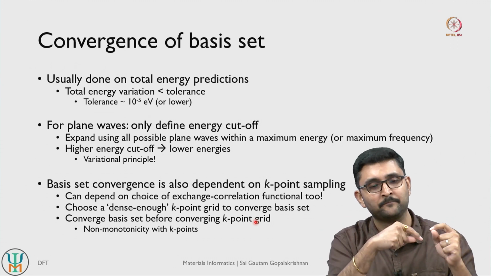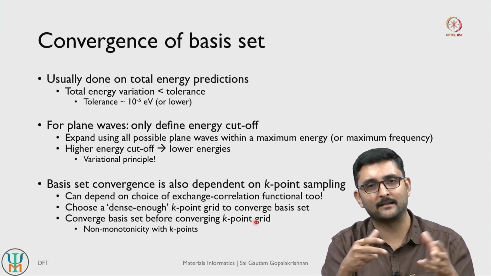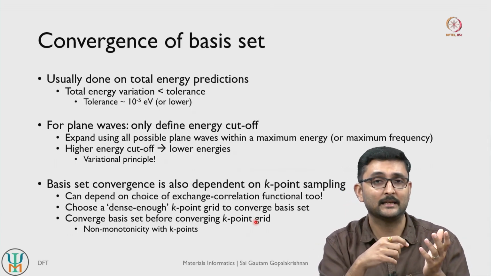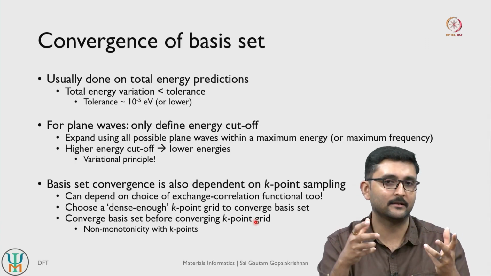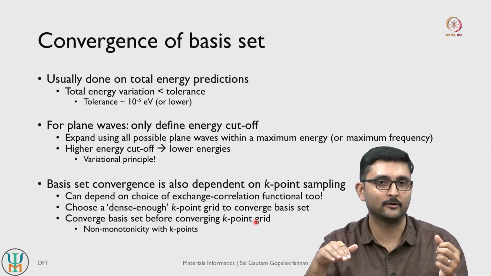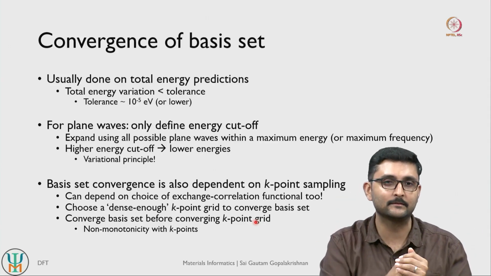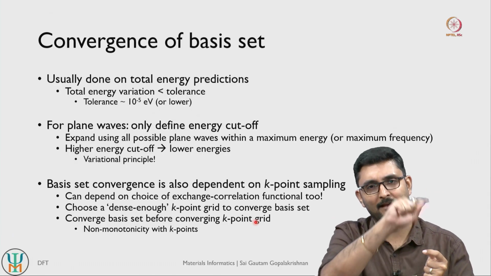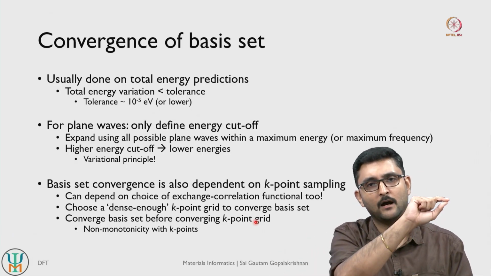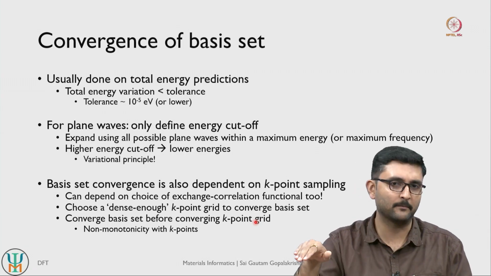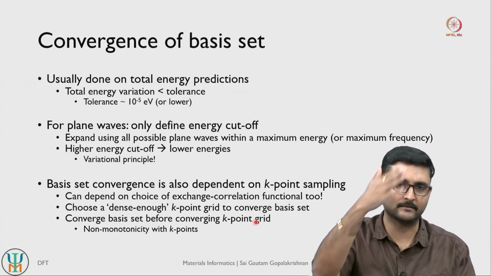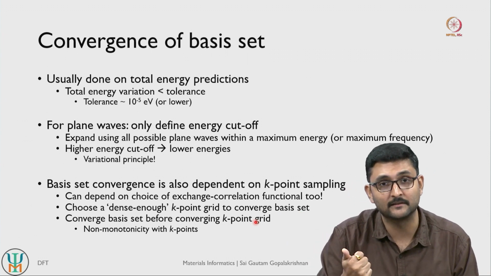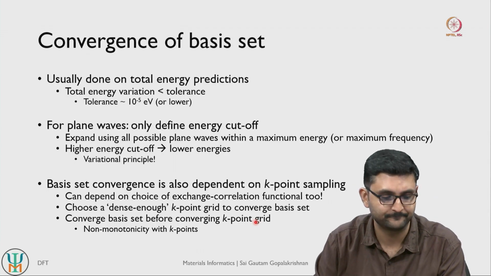This is because k-point meshes at the end of the day are just a way to sample your reciprocal space. They do not always guarantee that the denser you go, the lower your energy is going to be. They do not obey the variational principle in that sense, because they are only a numerical sampling. Hence you'll almost always have a non-monotonic variation of your energy with respect to your k-point mesh, whereas with respect to basis set size you will have a smoother variation. So try to always converge your basis set size first and then your k-point grid.